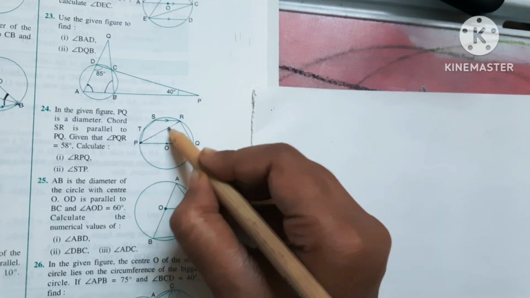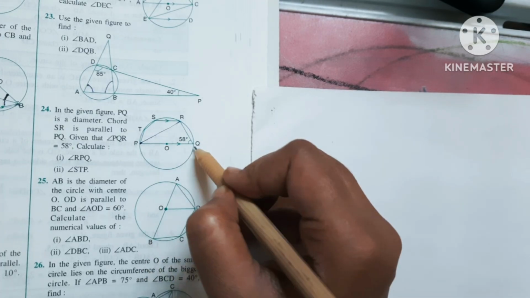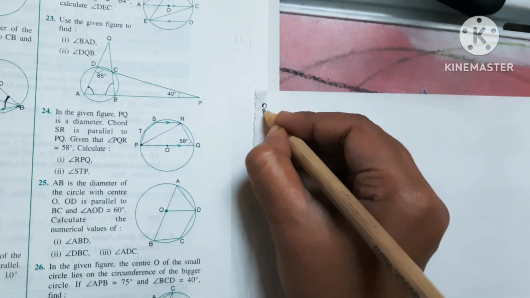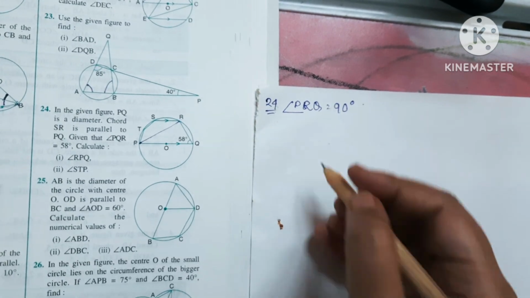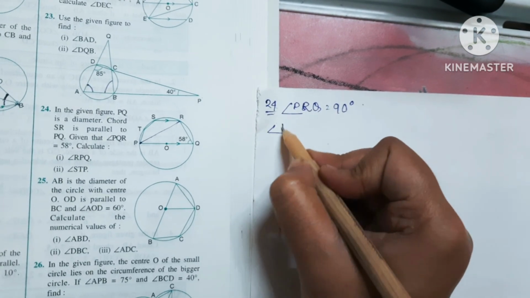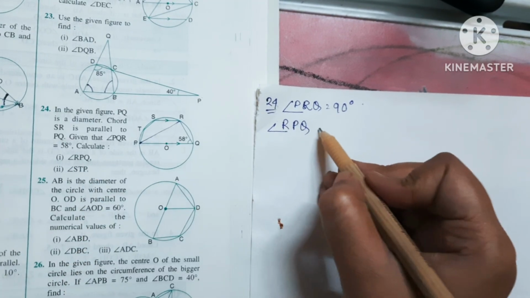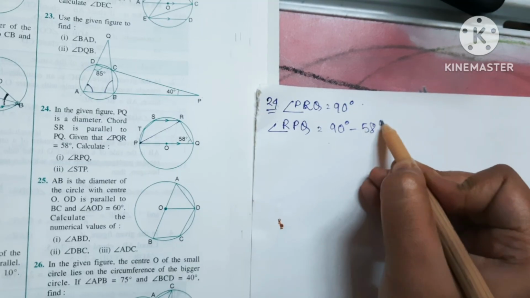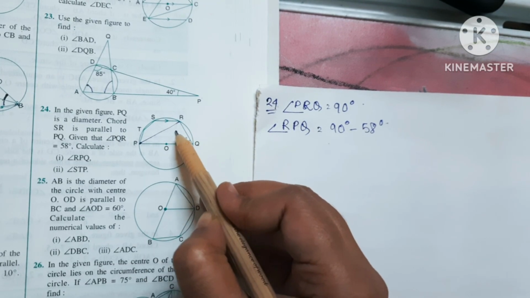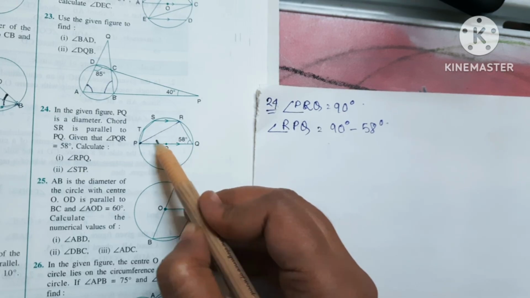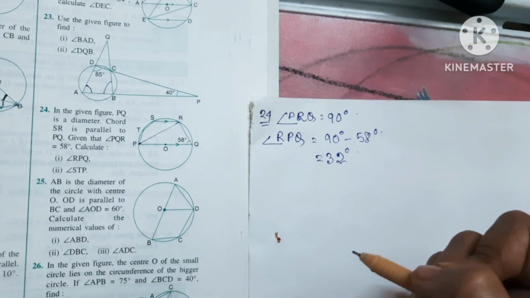Okay, so this is P, you have joined P and R. Now see, PRQ, that is angle on semicircle. So PRQ is 90 degree. So you can write angle PRQ is 90 degree. Okay, so angle RPQ, that is question one, you have to calculate RPQ, that is equal to 90 degree minus 58. See, PRQ is a right triangle, this one is 90 degree and this is 58. So the sum of these two will be 90 degree. So this one will be 90 minus 58, 32.